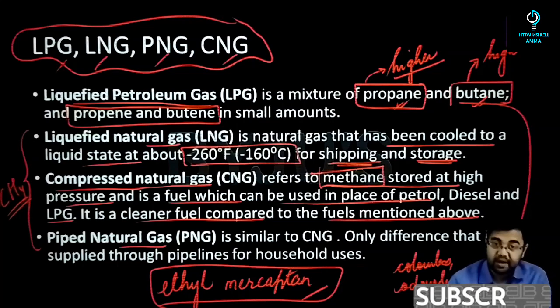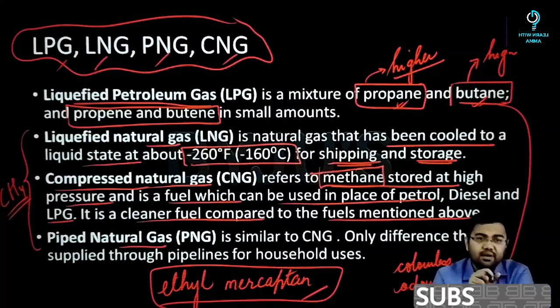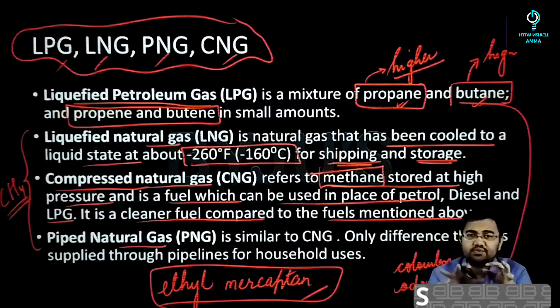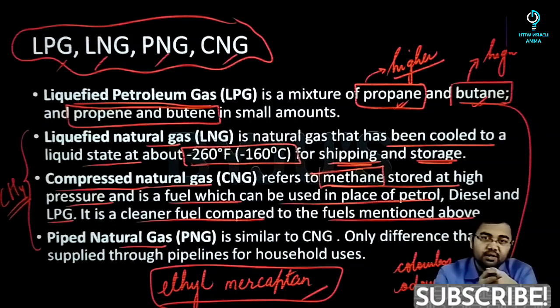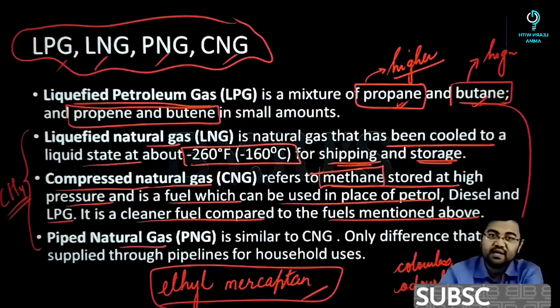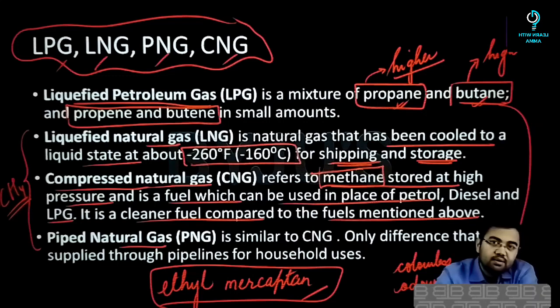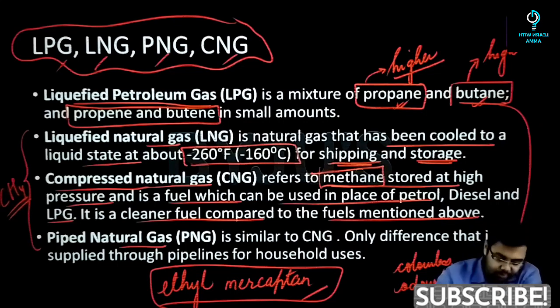Then you have something called piped natural gas. Not very common or popular in India, but it is seen at various places, in Mumbai, Gurgaon, and the NCR region, where piped natural gas is being provided. So what is piped natural gas? Natural gas, a form of methane, that is being provided to households for domestic purposes. Instead of providing gas cylinders, there will be a central facility that will contain piped natural gas, and through pipelines each and every household in that locality will be provided the piped natural gas for domestic consumption.